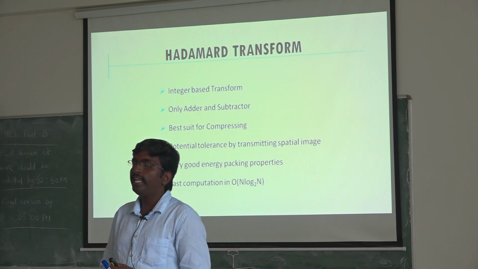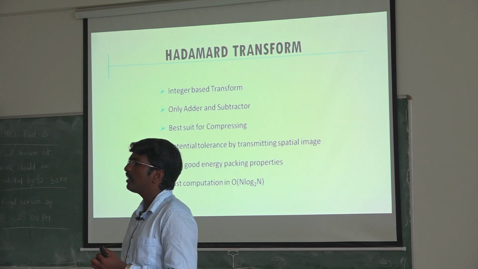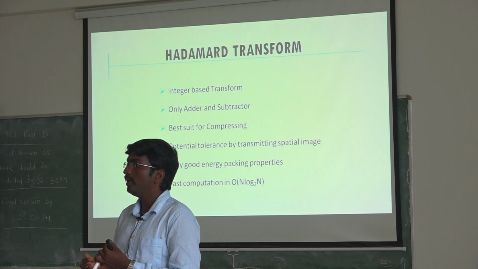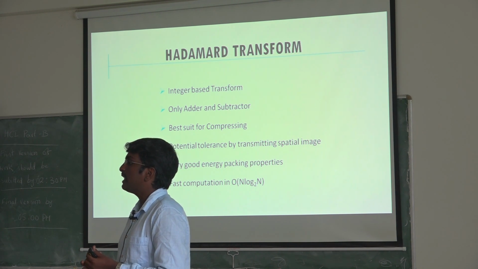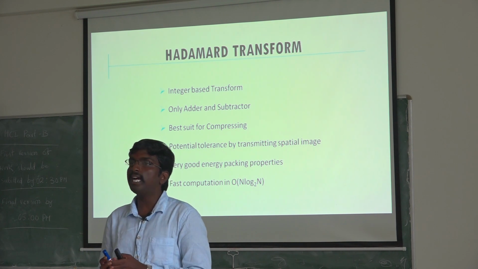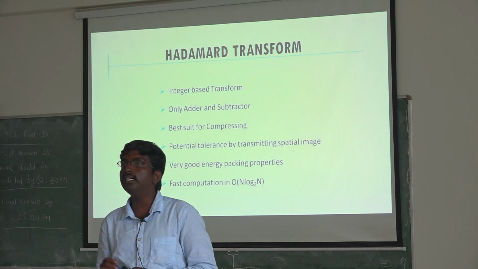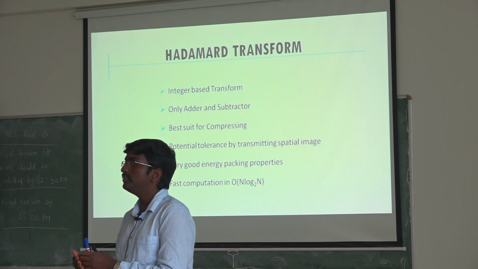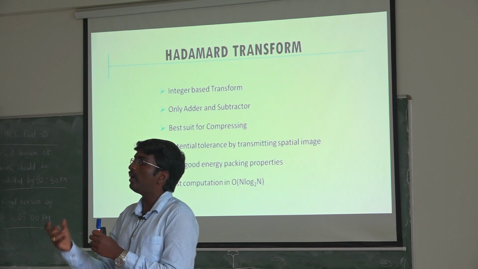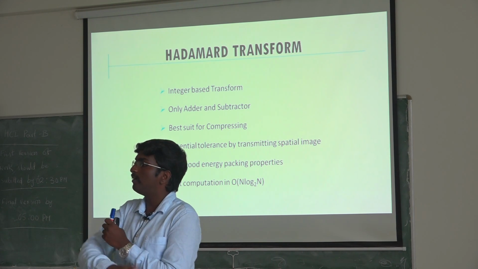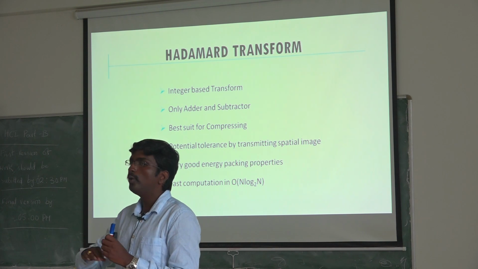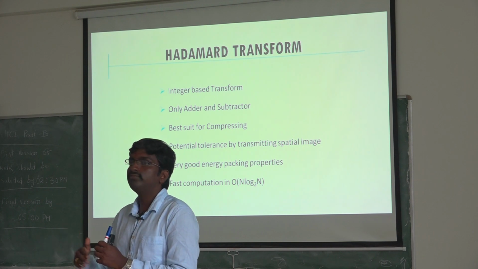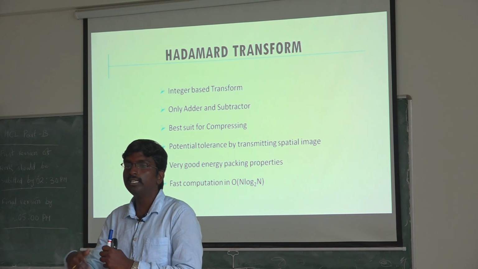But whenever we say transform, the basic constraint is that a signal which satisfies the orthogonal property alone can give a transformation function. If the signal doesn't satisfy the orthogonal property, it can't give the transformation. The real meaning is that whenever I process a signal with one other signal, I need to retrieve the signal back. So it's an inverse application. Multiplication has an inverse with division. Addition has an inverse with subtraction.